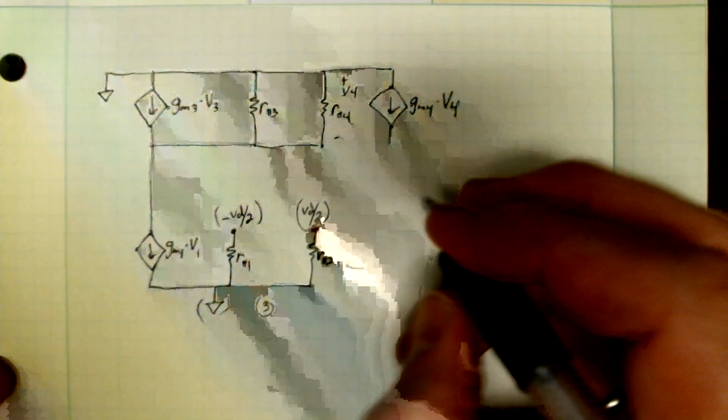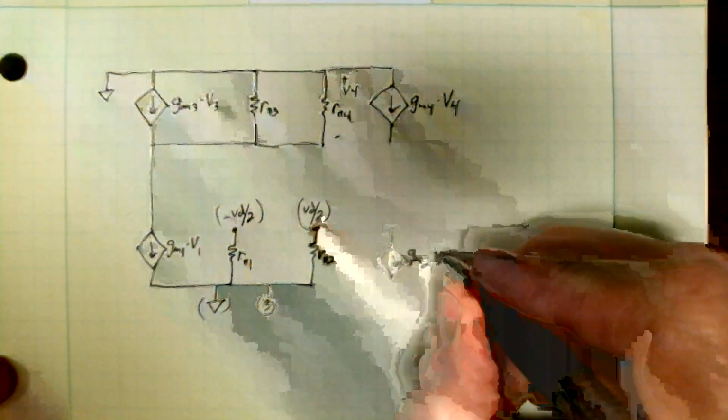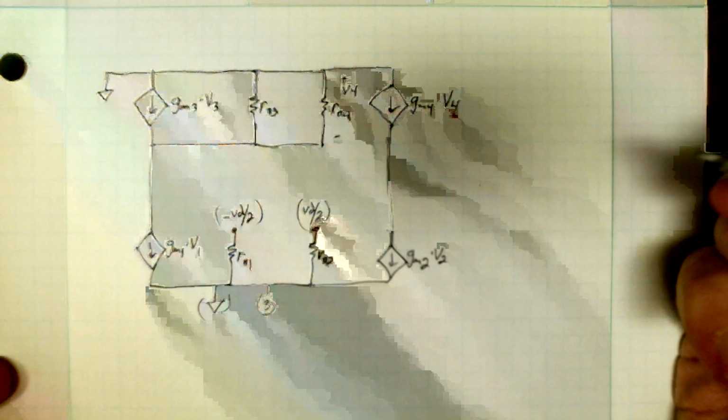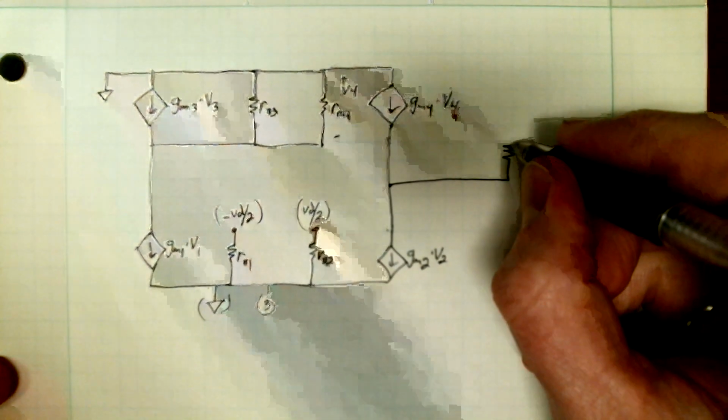RPi2, this is VD over 2 at that node. Here is our GM2 V2. Okay, these two are tied together, and we come over to the PNP transistor,